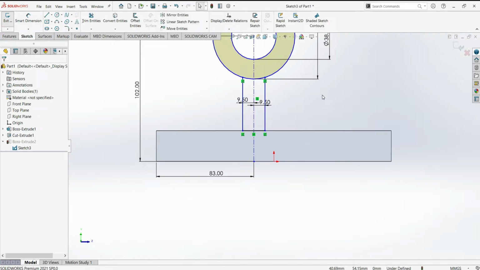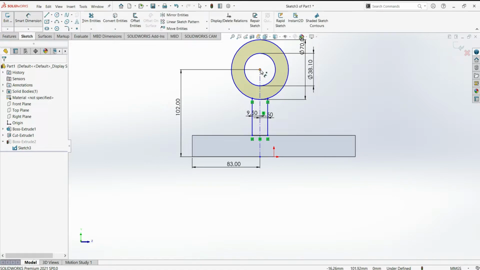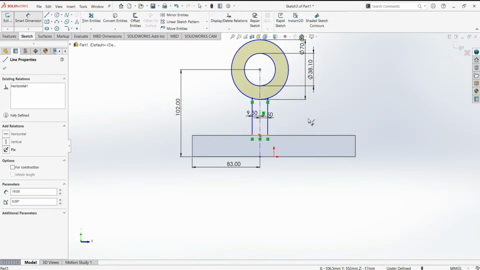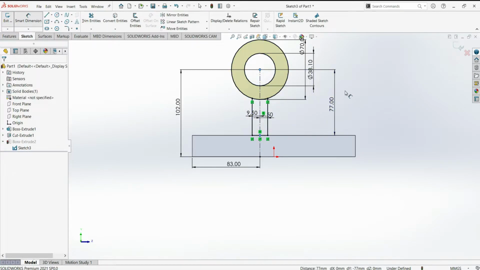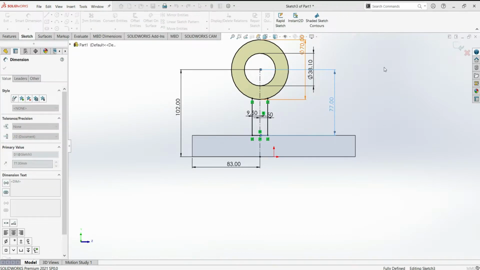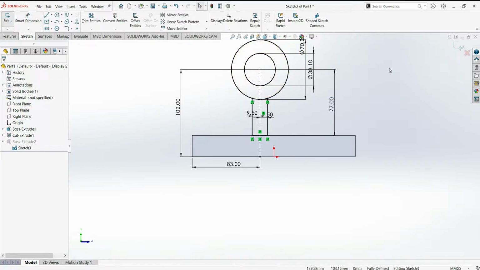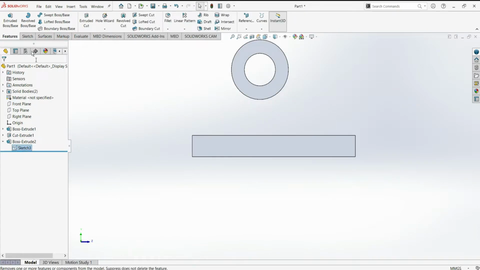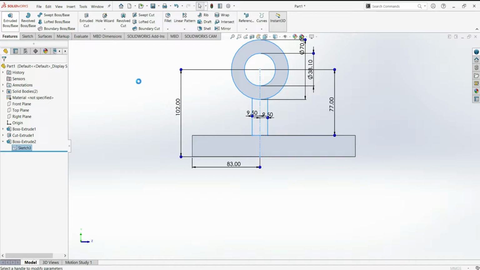OK. Again select smart dimension and give the distance between these two points to be 77 mm, and it's fully defined now. Escape it. Now again exit the sketch, select the sketch, select extruded boss base,